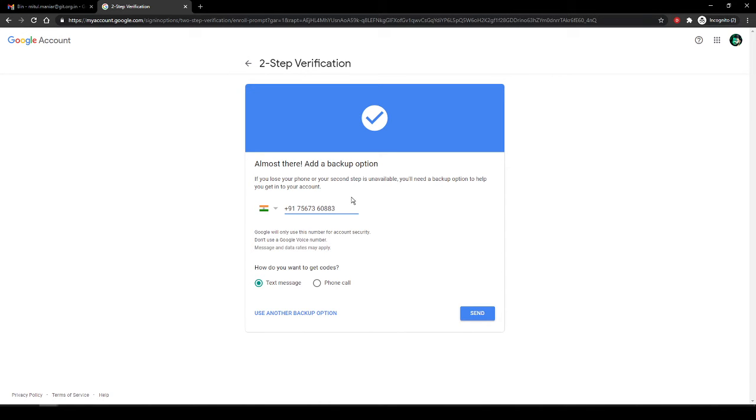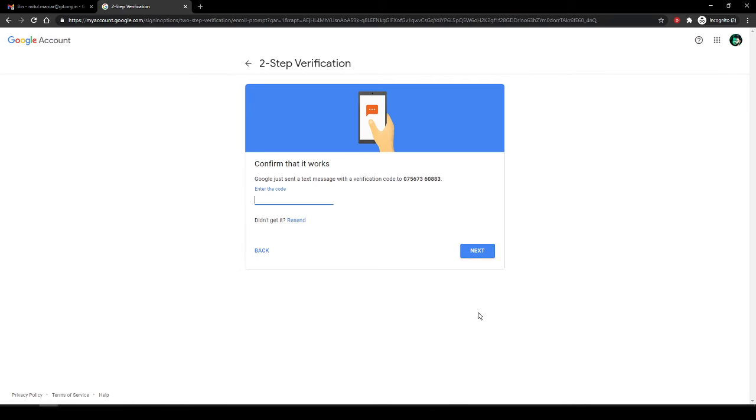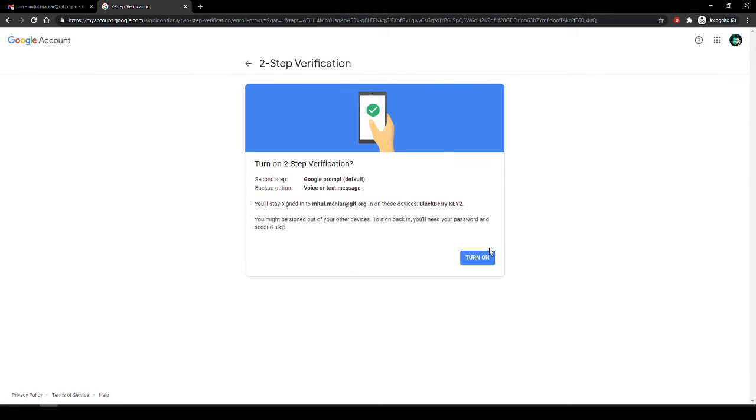How do you want it? As a backup option? Yes, I want codes via SMS also if it's possible. Okay, I'm getting a code over here. Obviously I'm not going to show you the code, I'm just going to quickly type it as soon as I get an SMS. And even if you can see the code, it doesn't matter because you don't know my password, which is the first step of security. That's it.